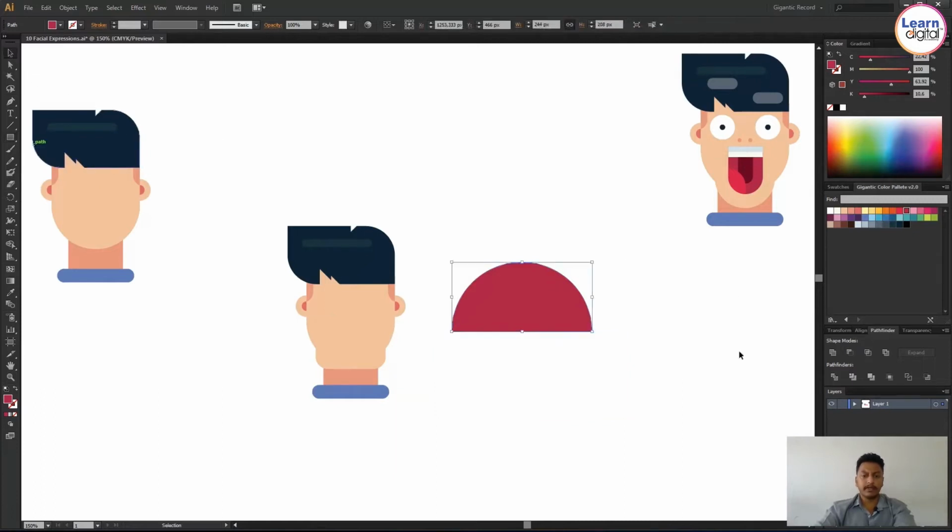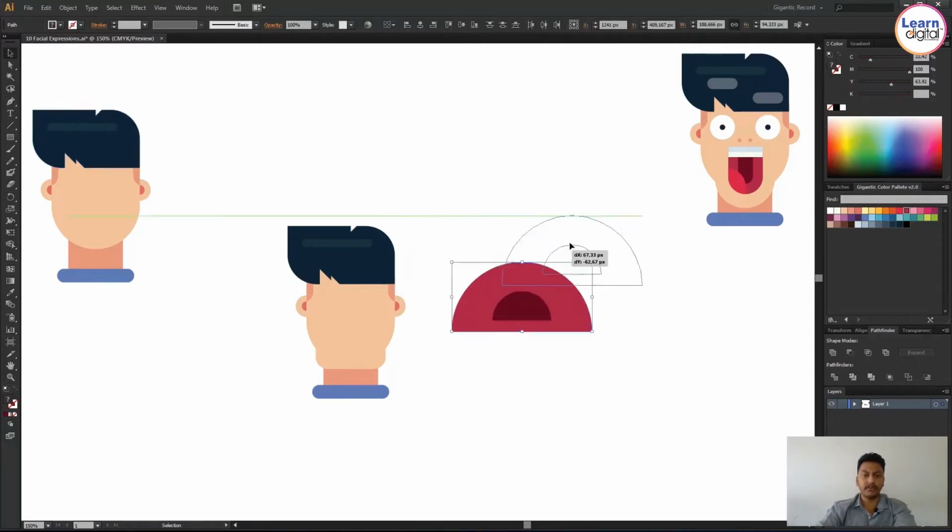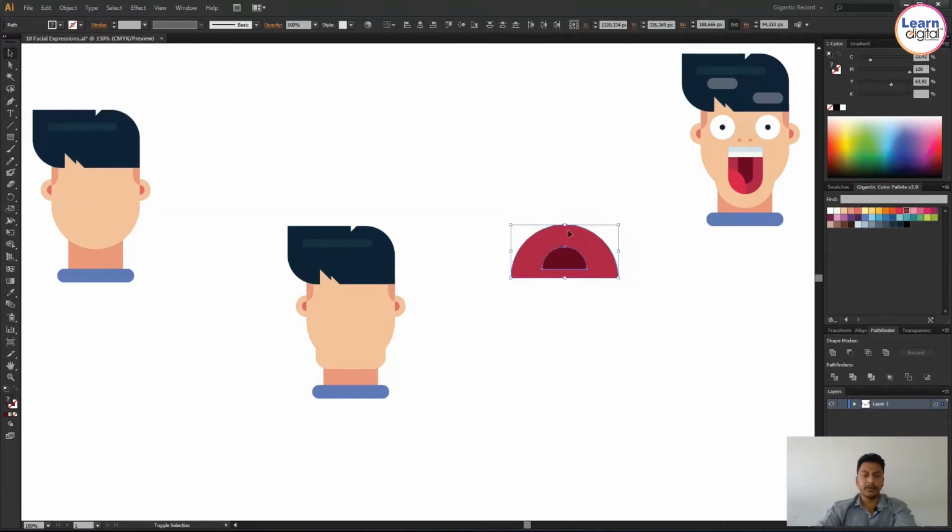With the help of Pathfinder, I removed the top object. Already in my color palette, I have my similar shades because I want to use the colors and shades frequently. That's already done as a preset.